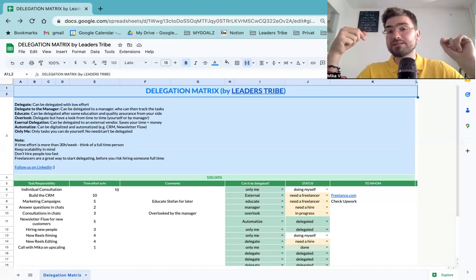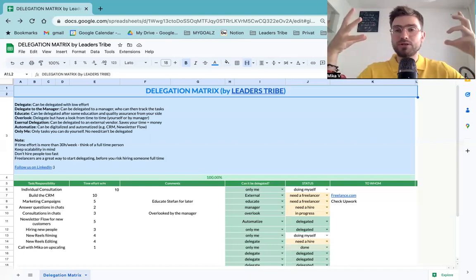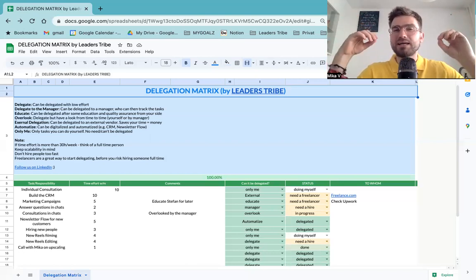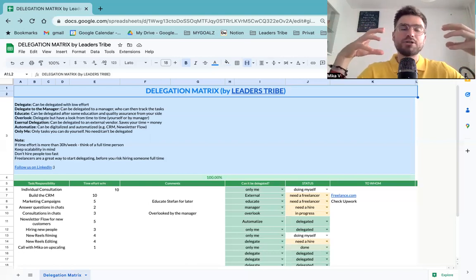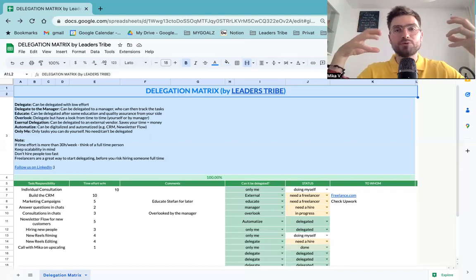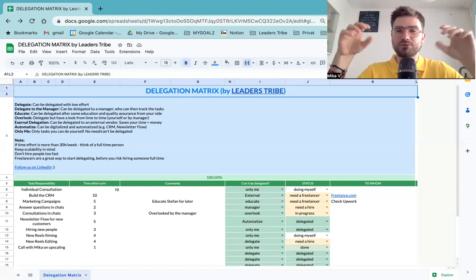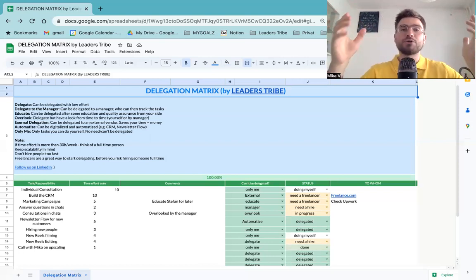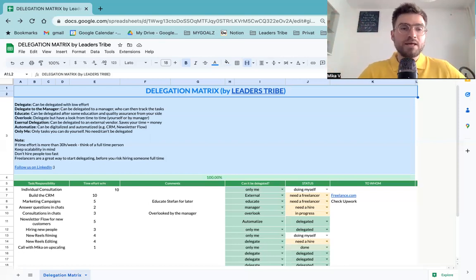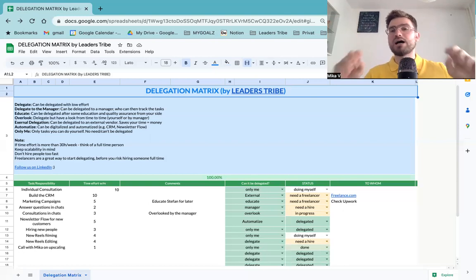Don't hire people too fast. Some people make this mistake. They open up the company and then they are hiring a lot of people. But if you're hiring a lot of people fast, it will most probably happen that people will not be doing so much. They will not have very clear responsibilities. This delegation matrix will not be very clear. It will be very hard for you to scale very, very fast if you don't have previous leadership experience. If you've done it many times already, then of course you will know how to deal with that. And connected to that point, freelancers are really one of the best ways to start delegating before you risk hiring someone full-time.